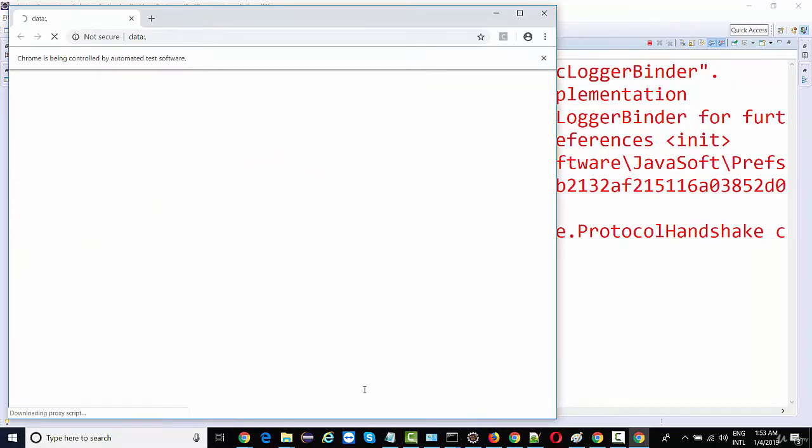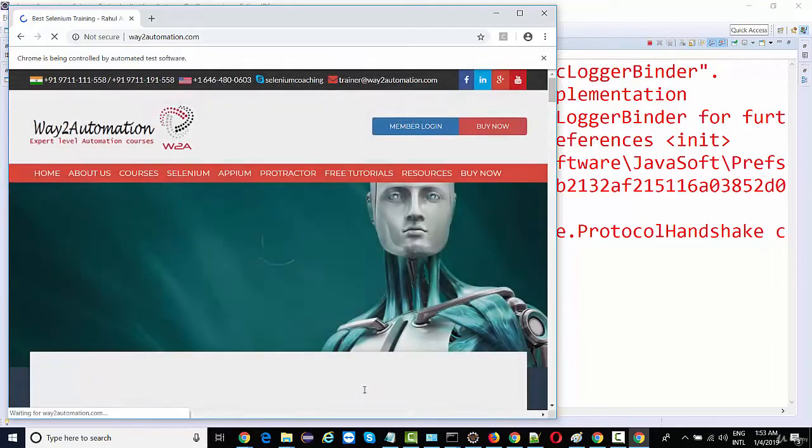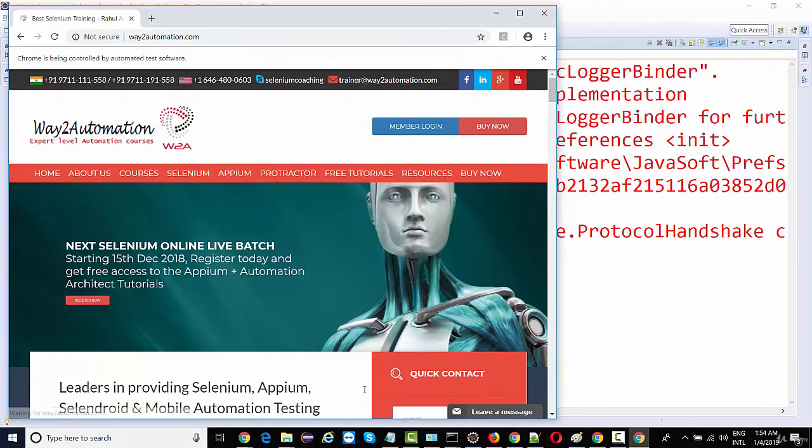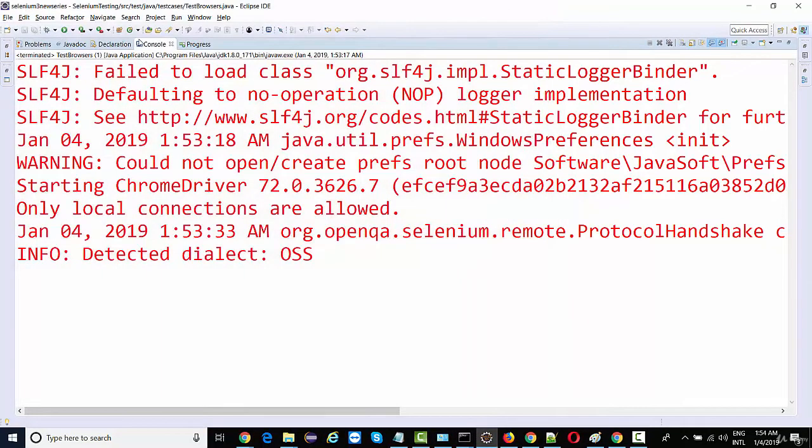See, the Chrome browser launched. Now it will navigate to way2automation.com. It's taking some time. This is because of my machine. There are so many processes running at this moment, so that's the reason it's taking a bit of time. But it will definitely navigate to the website. See, no need to give the executable, right? We have automated the